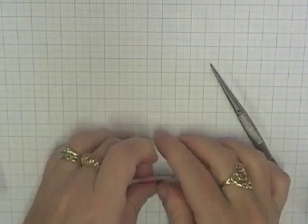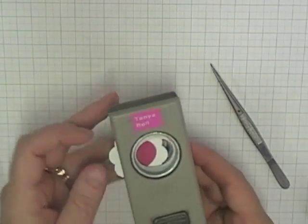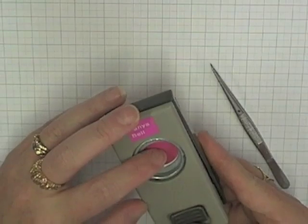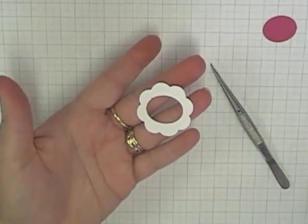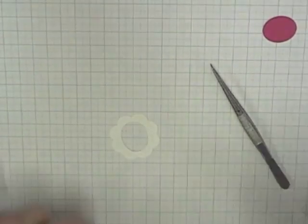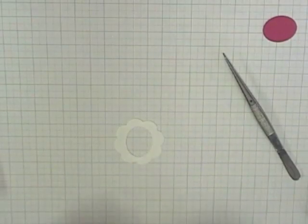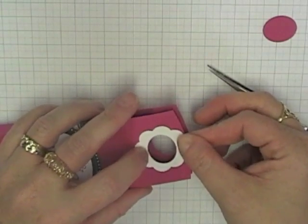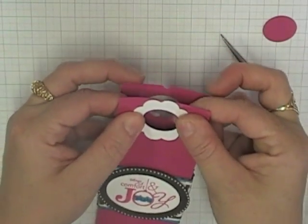Then I'm going to centre this oval in the middle of my flower, like that. And then when I punch it out with my oval punch, I line that oval up right in the centre, like that, and I punch it out, and then I have my oval in the centre of my flower. Another bit of two-way glue around that trim, like that, and that goes nicely now over the handle hole that I've cut in the top,